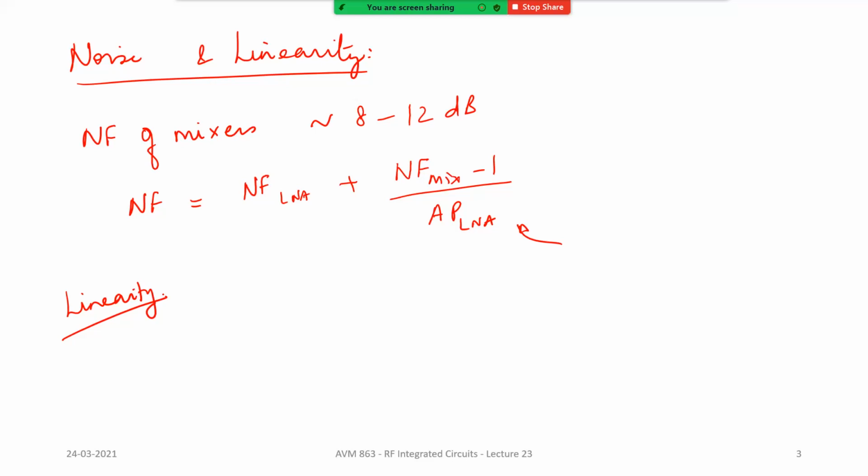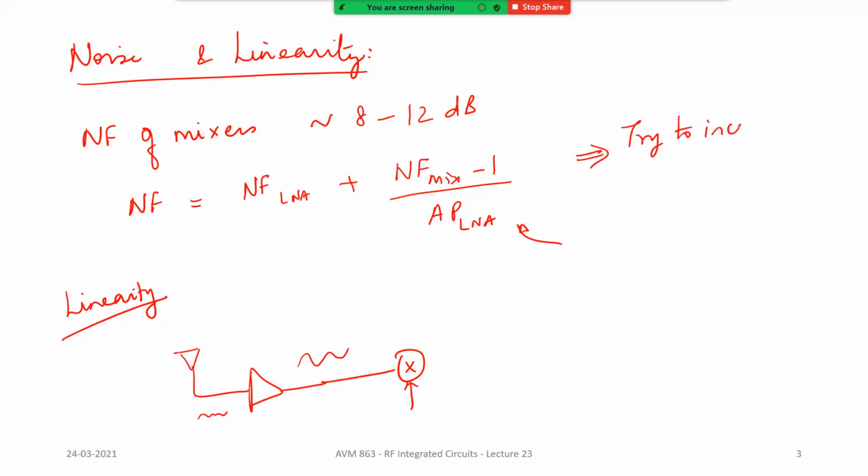Okay. And of course, here again the other concept is with regard to linearity. Now, what can we say about linearity? So if you look at a receiver chain, for example, there is a small signal. This LNA has some gain, and therefore the signal is already increased, right? So the signal amplitude at the input of your mixer is much higher than what the LNA is seeing, because the LNA itself has got gain. And looking at the noise performance, you would basically try to increase the gain of the LNA.